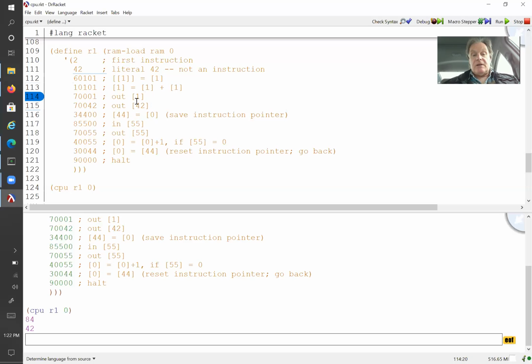The second output statement outputs what's at memory location 42, and we know that that's 42, so there's our output. Then we take the instruction pointer, which is at location 0, and we save it. We copy it to address 44. So we're going to save the instruction pointer. What's the instruction pointer? It's going to contain the address of the very next instruction, because that's the way the